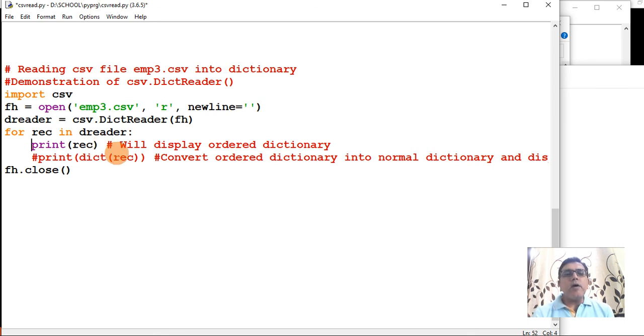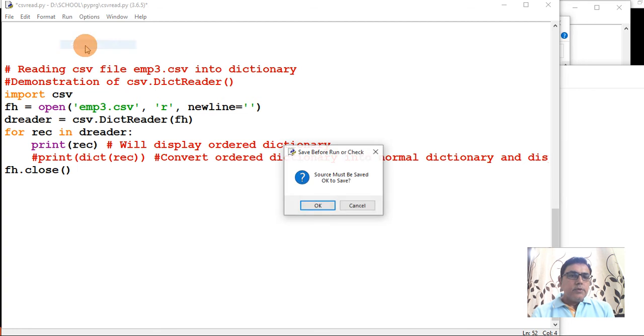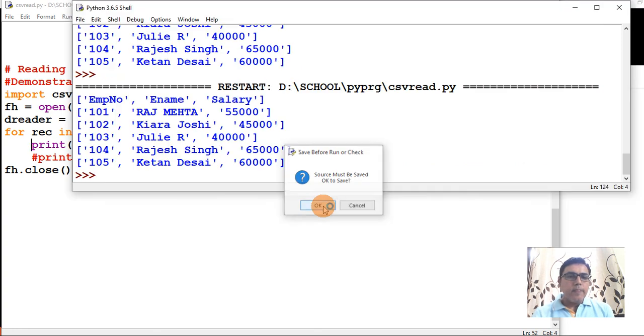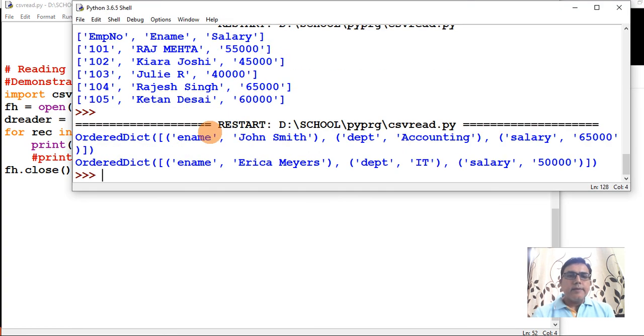Now what is meant by ordered dictionary? It will follow the order in which the data was written. You run this code and see, ordered dictionary, ename John Smith, then department, salary.